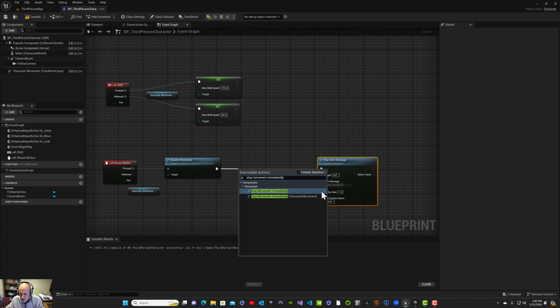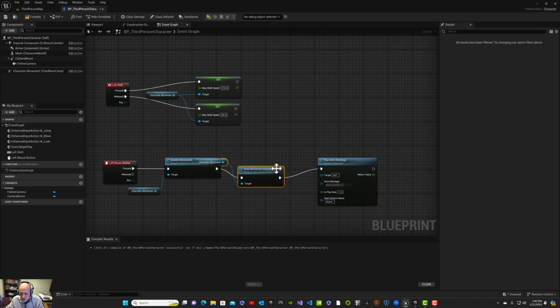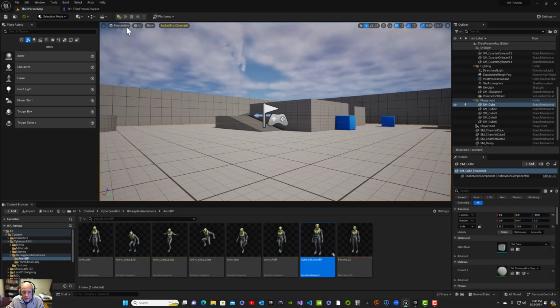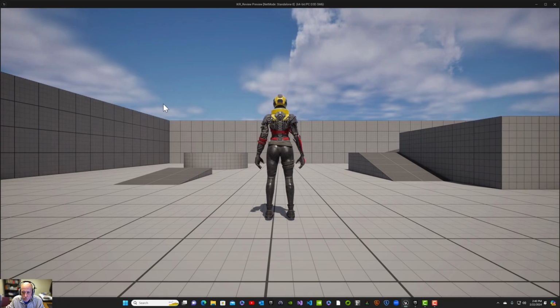And you can see this one, if it says character movement, if I chose that one, it would do the same thing. I get the same component, which is redundant, okay? I've already got it in the graph, so I can just double dip, pull off of there, make that the target for both, okay? So let's compile and save,